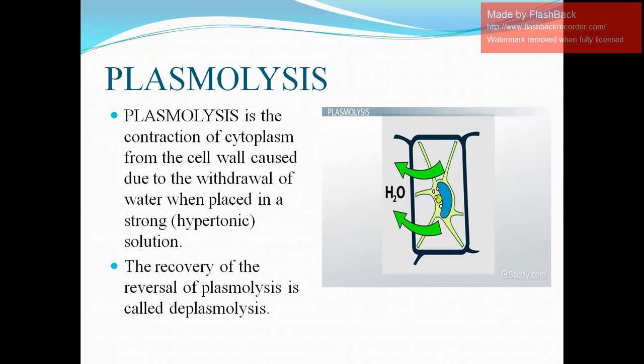but this cell can be recovered. How? By keeping the cell again in plain water, in a hypotonic solution. If we place the plasmolyzed cell again in a hypotonic solution, the cell can recover into a living cell, and this process is called deplasmolysis. But this has to be done before the cell is dead. After it is dead, if it is done, then it is of no use.